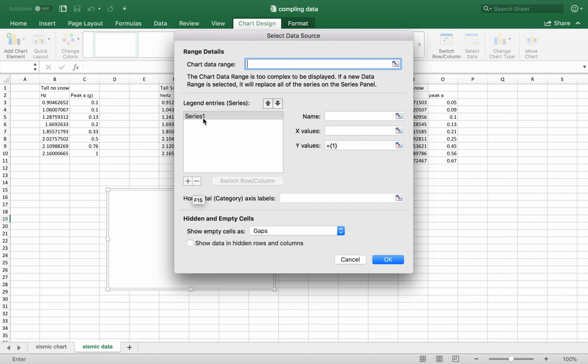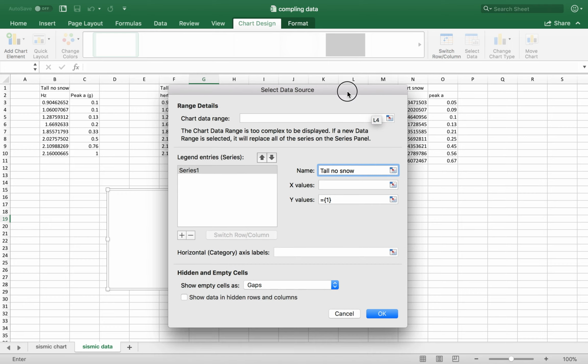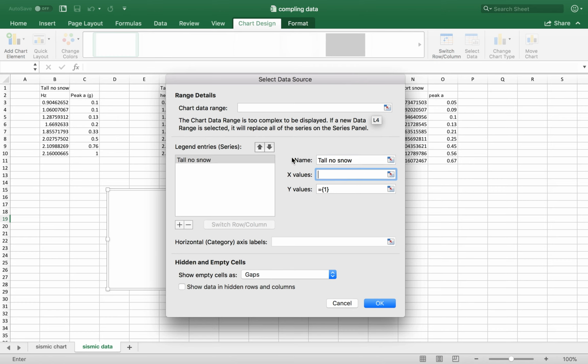If you do not do that, you will not get any more lines on your chart, and it'll be very frustrating times for you. So then you want to put a name on it, and that's just what you want to call it. I'm using the data from my earthquake, and so I'm just going to use my condition names. So this one is tall, no snow, and then the x values is pretty self-explanatory. So it's the x values,